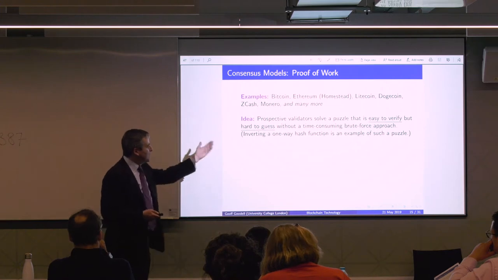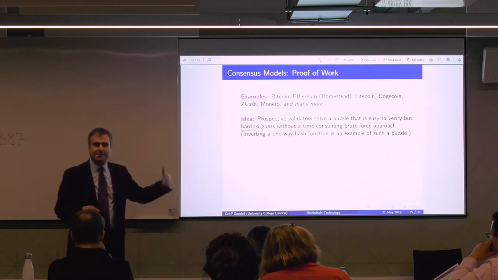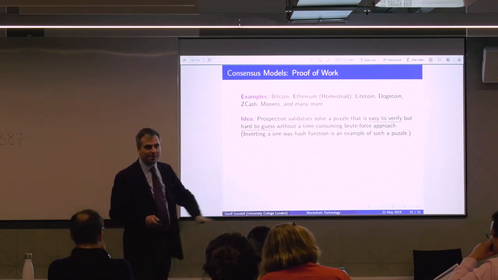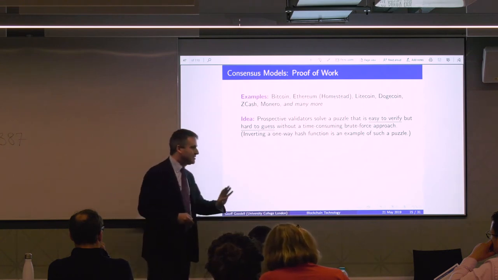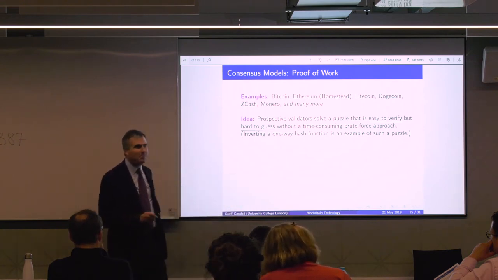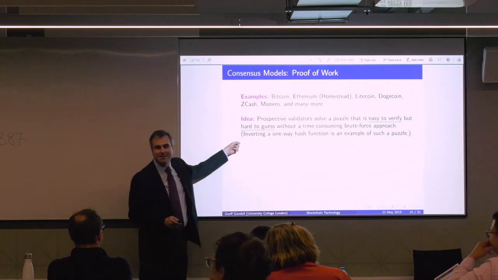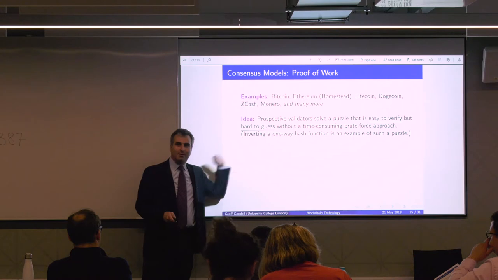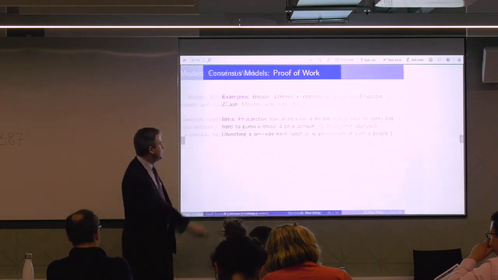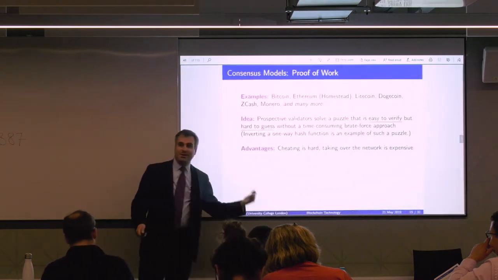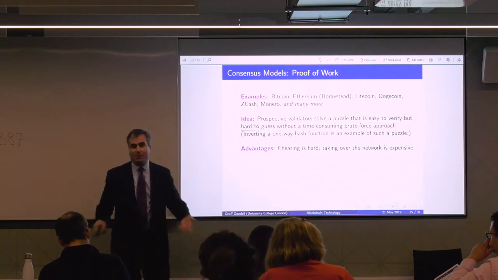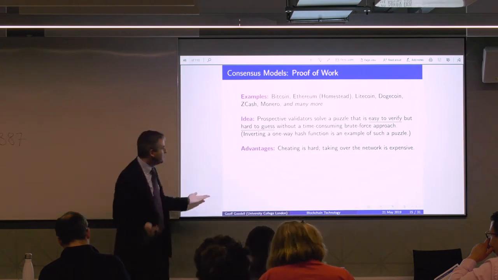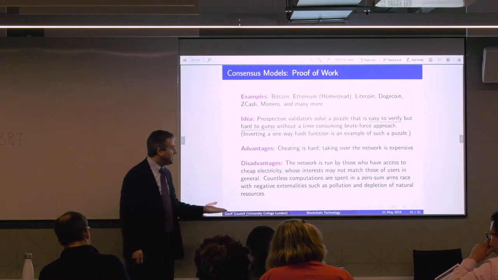So inverting the one-way hash function is a hard puzzle. That's assumed to be hard. And we can talk about quantum cryptography and solving non-deterministic puzzles separately. That's beyond the scope of this discussion. The point is that solving one of these puzzles is hard to do, but verifying that it has been solved is easy. The advantage is that cheating is hard, so everyone plays nice, basically. Disadvantages is